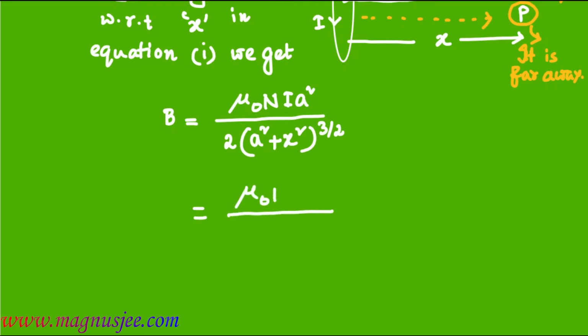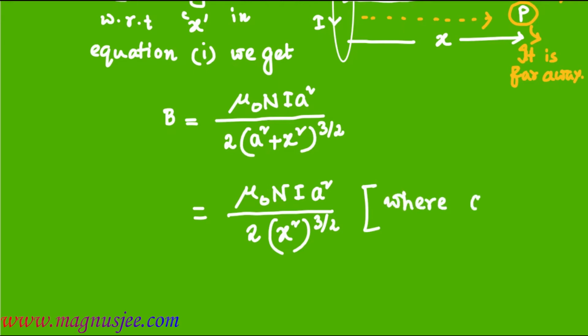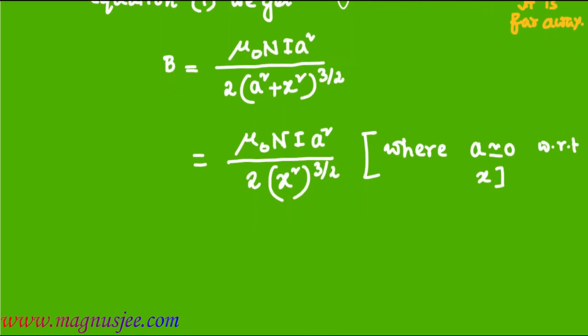μ0 N i a square divided by 2 [x square + a square] whole to the power 3 by 2. Here, where a is approximately equal to 0 with respect to x, that means assuming a as 0 with respect to x, B equals μ0 N i a square